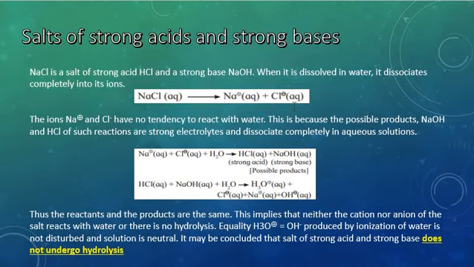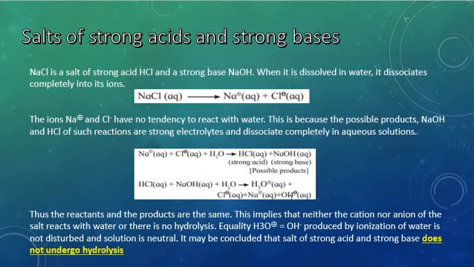This is because the possible products NaOH and HCl are strong electrolytes and will remain completely dissociated in aqueous state again. So what will happen? If sodium and chloride ion interact with water also, they will produce HCl and